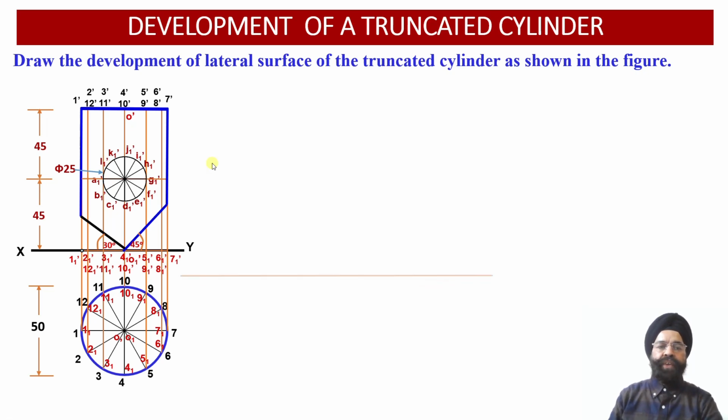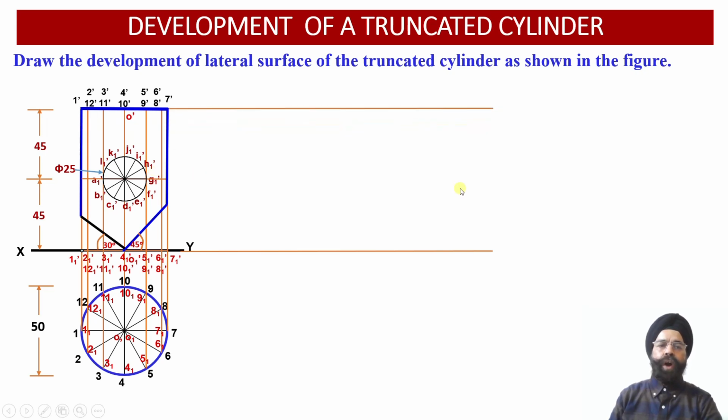So now we have been able to locate the three cutting planes into the front view projections over here. So let us proceed with the development of the lateral surface of the untruncated cylinder without any cutting over there. In order to obtain the lateral surface of the untruncated cylinder, we are going to use the method of parallel